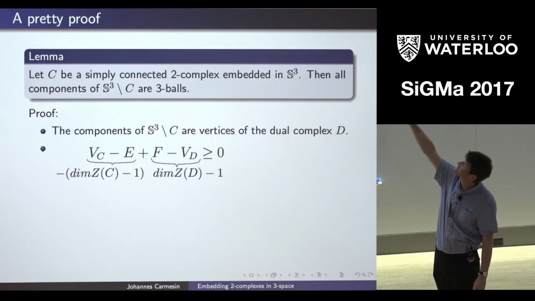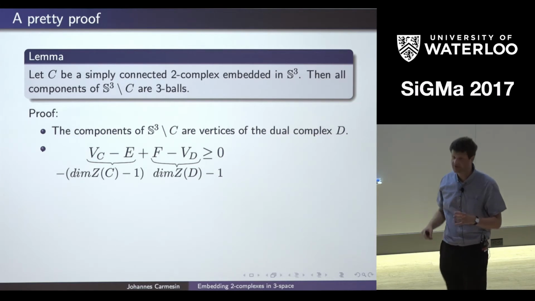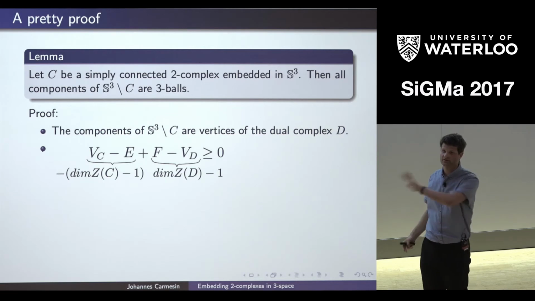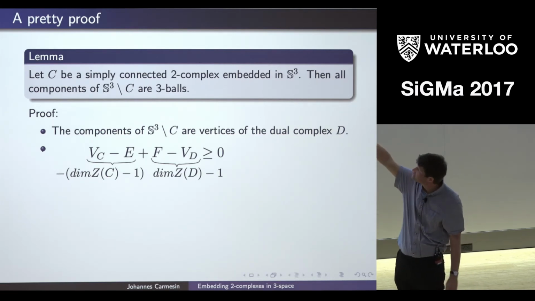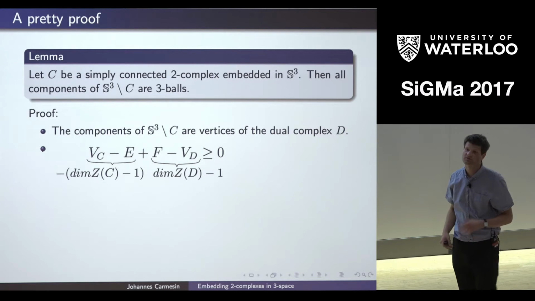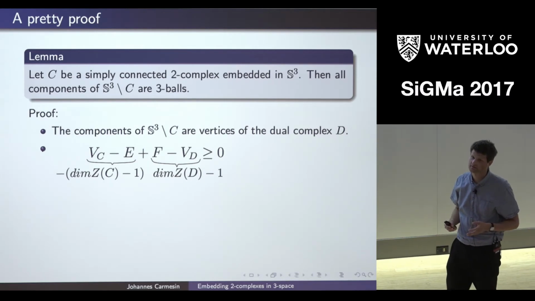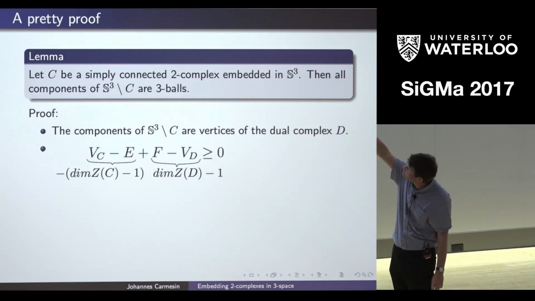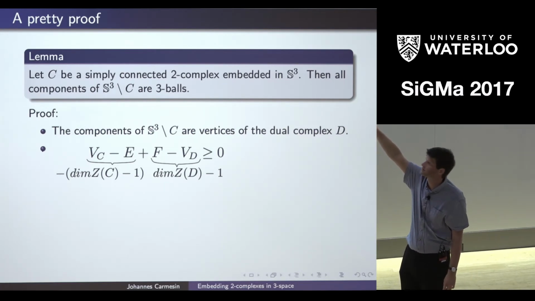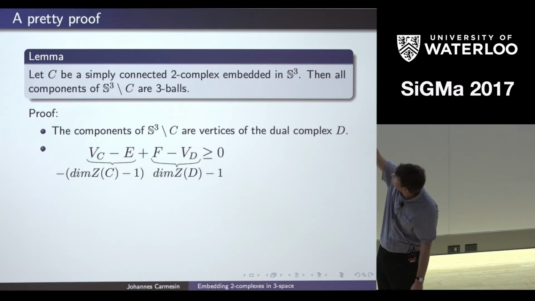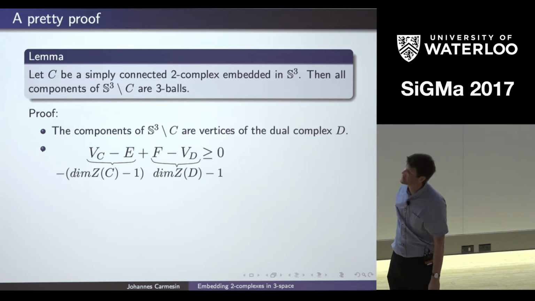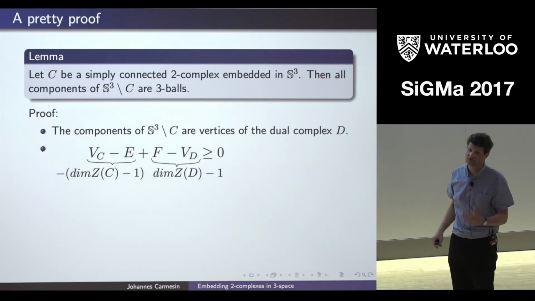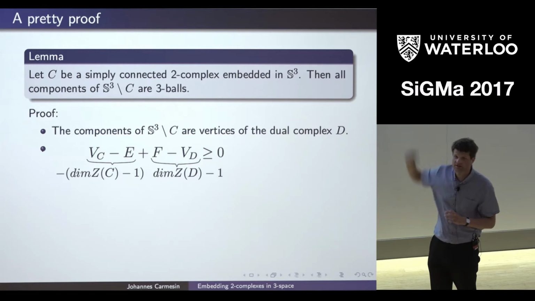And now we use the fact that we are simply connected. So if we are simply connected, every cycle is generated by the face boundaries. So the dimension of the cycle space is equal to the rank of the edge-face incidence matrix. Right? That's what simply connected says. But we don't know yet that the dual is also simply connected. So we cannot deduce that the dimension of the cycle space of the dual is equal to the rank of the edge-face incidence matrix of the dual. We just get an inequality there.